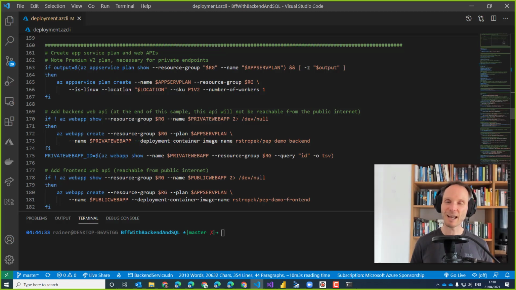But in this case, that seems to be a little overwhelming because I was just going to run two APIs. And if I just want to run APIs, to be honest, I don't want to deal with something as complicated as Kubernetes. So I just used app services to run these two APIs.